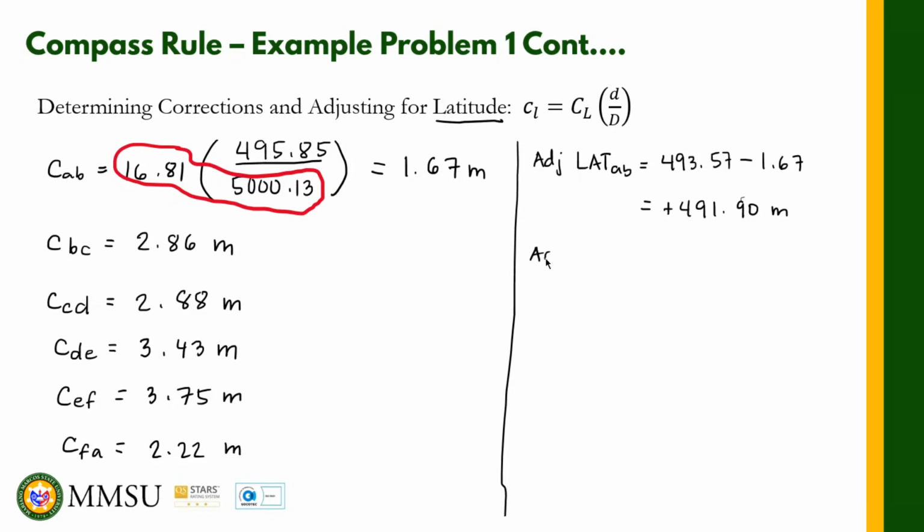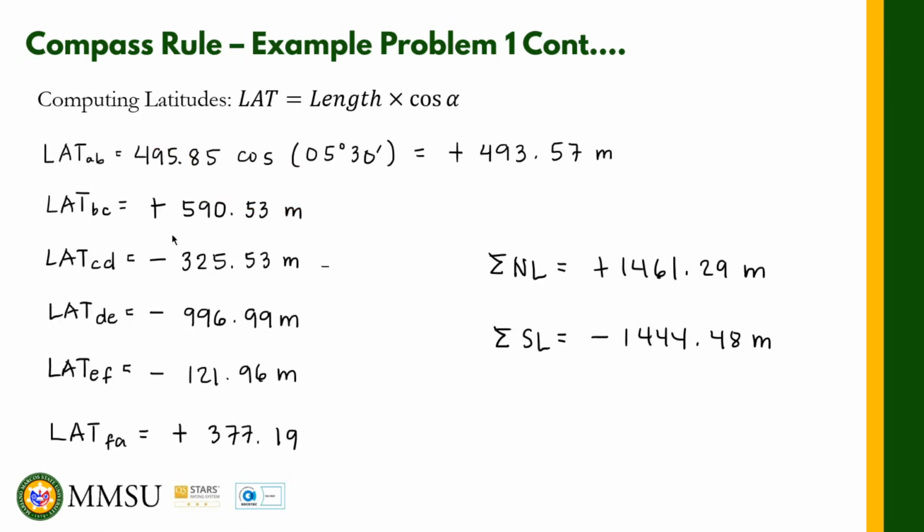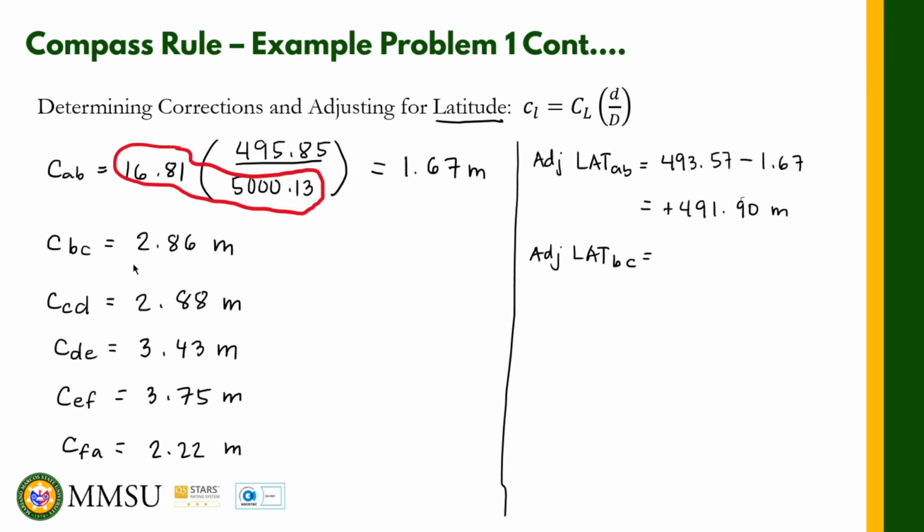Okay? For the adjusted latitude naman of BC, BC is also positive, di ba? So, minus ulit. Okay? Yung original na latitude natin ng BC ay 590.53. Tapos, i-minus natin yung 2.86. So 590.53 minus natin yung 2.86. So this is equal to positive